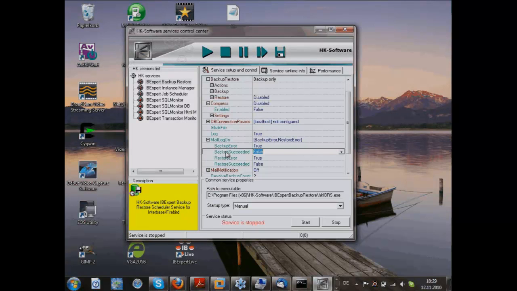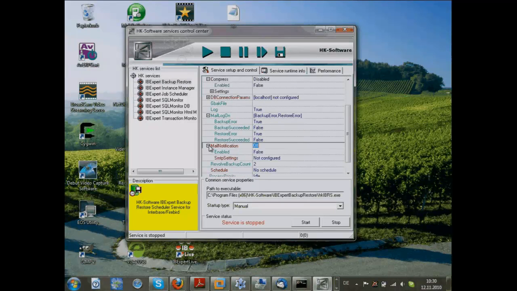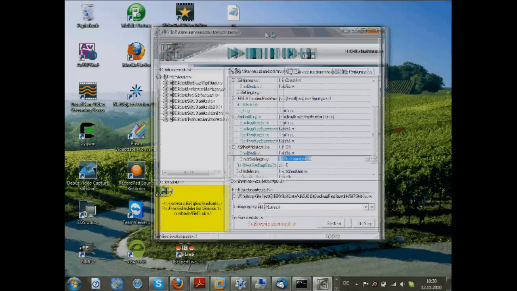When the backup succeeds, you can get an email. Because when you do not get an email, it might already be a problem for you. The same thing can be done with restore. The email settings can use an SMTP server wherever it can be reached from your network.